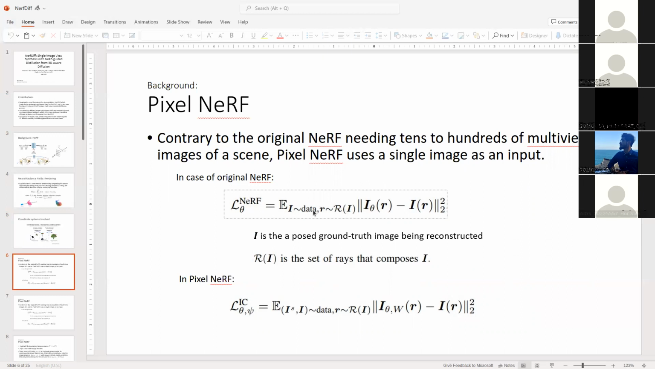This I would be one of the images that you sample from the data, and the rays would be the corresponding rays for that particular image. And this would be the color value of that particular ray. Then, of course, we have the ground truth value, and you simply calculate the MSE loss, do it for the entire training set, and optimize for this loss. But in pixel NeRF,